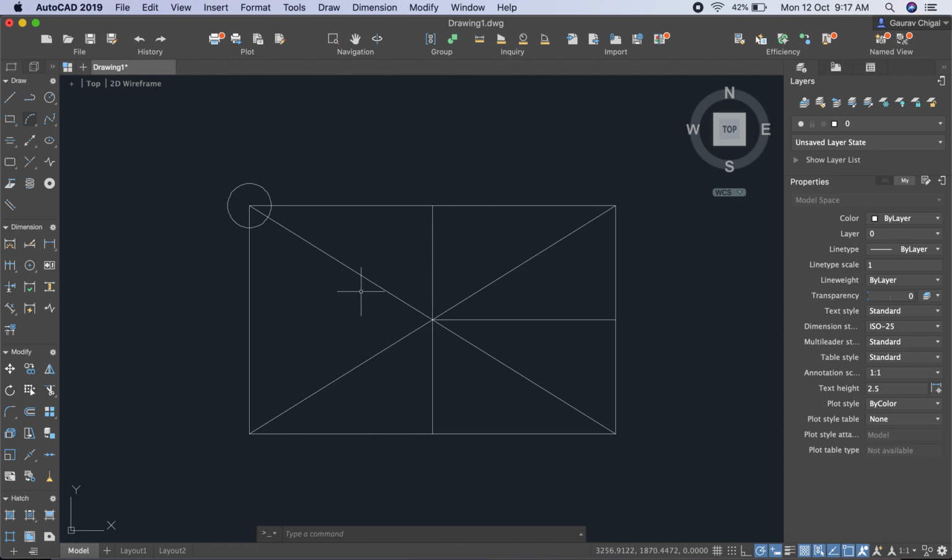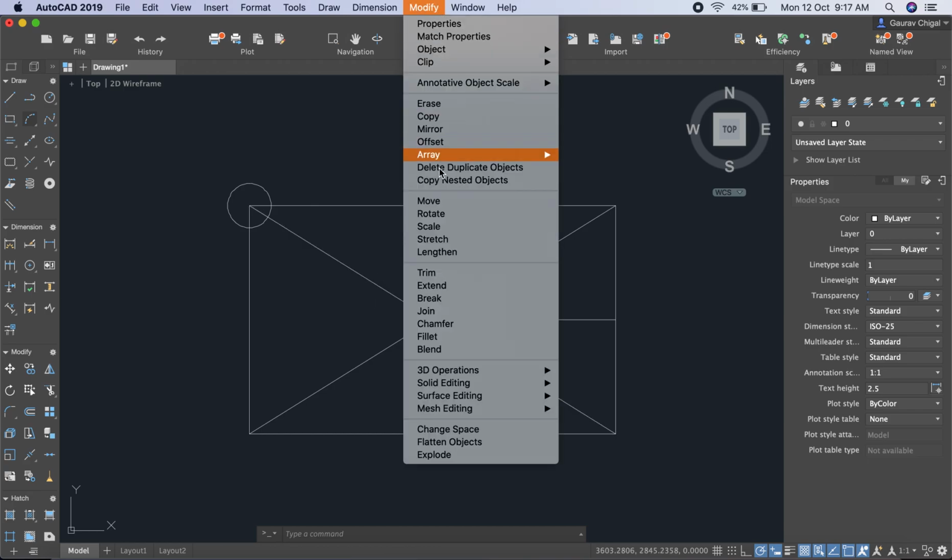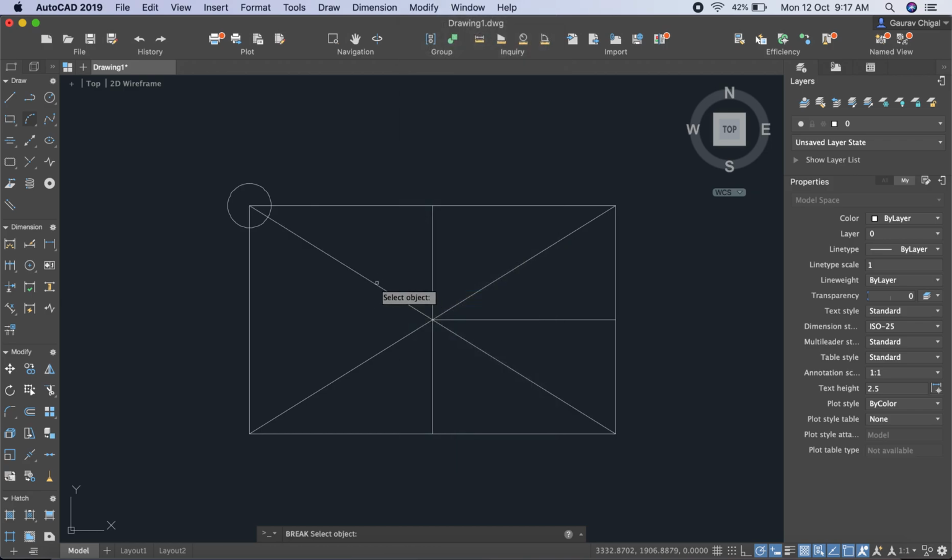Even you can define the break command some other way. So what I do, I just press Ctrl Z, modify, and then go to the break. Now select the object you want to break. Now you can define the point up to which you want to break. Previously I just selected the point and clicked on that point, so my lines appear to be joined, but it is divided into two parts.